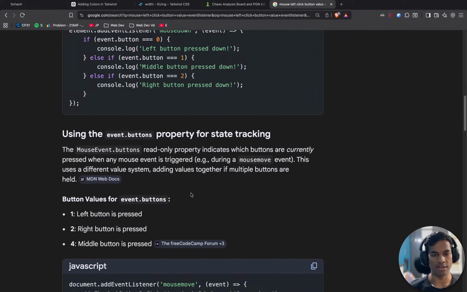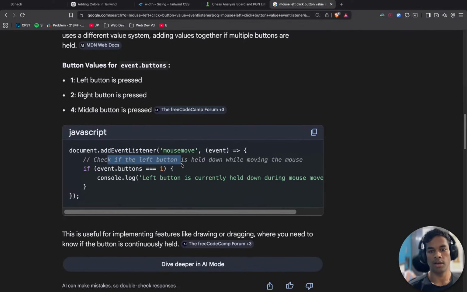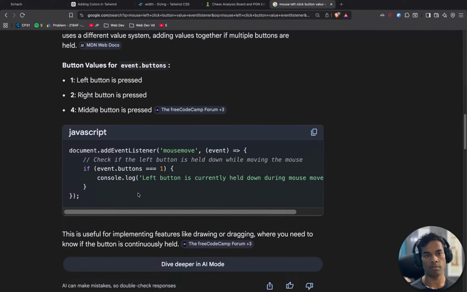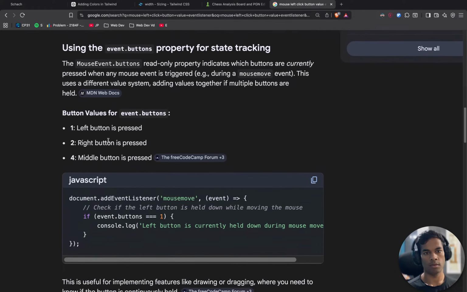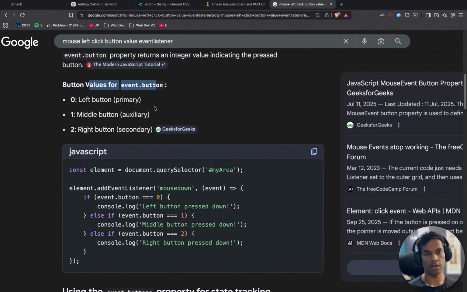Oh, okay, why is this arbitrary? 1 is left button. Okay, if the left button is held down while moving the mouse, event dot buttons, and using event dot button.